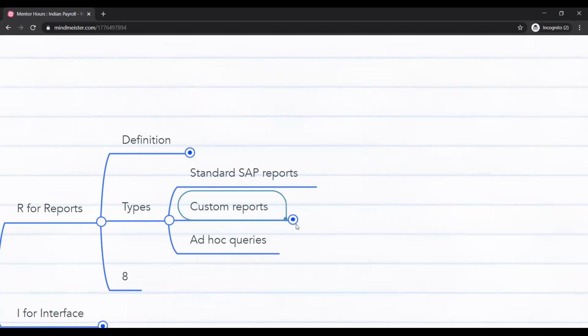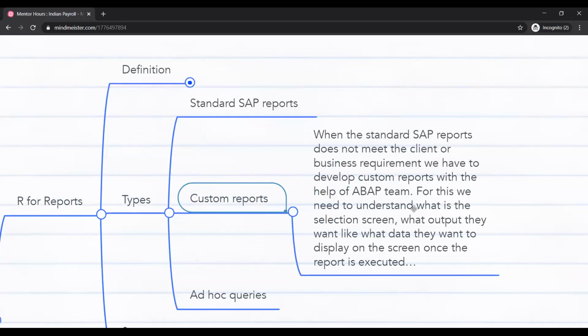So I will just explain that here. Whenever there is a standard report offered by SAP for any country, it is not only for Indian payroll or US payroll, other countries also. If the standard SAP report doesn't meet the business requirement of the client, then you have to take help from the ABAP team, who will help you develop those custom